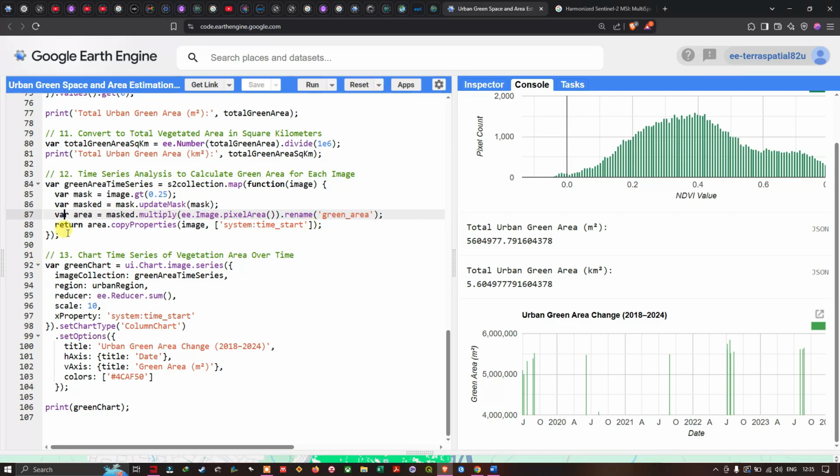So next we're going to return copy properties, image and system time start. And now to create a time series chart, we're going to define the chart time series for vegetation area over time. We're going to create a variable called green chart equals ui.chart.image.series, and for the image collection we're going to refer to green area time series, which is referring to this particular variable where we apply the threshold value, and to convert this into an area, we apply ee.Image.pixelArea